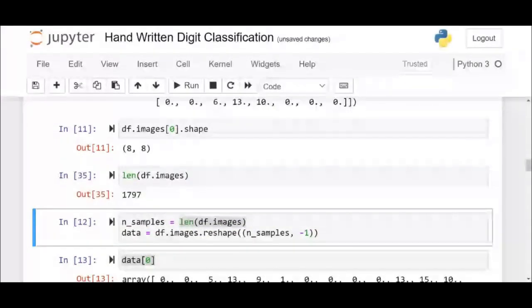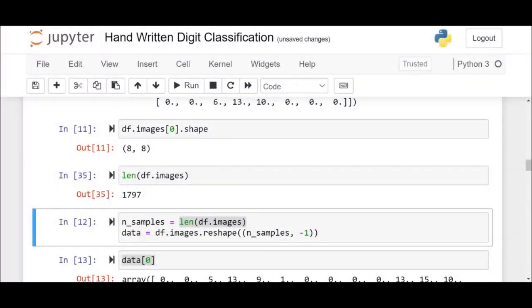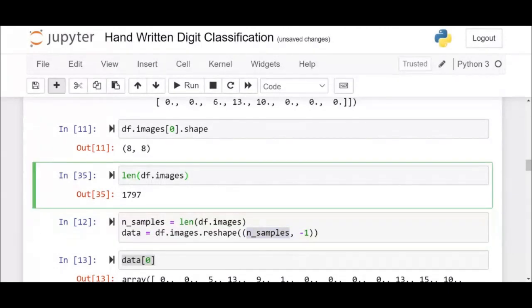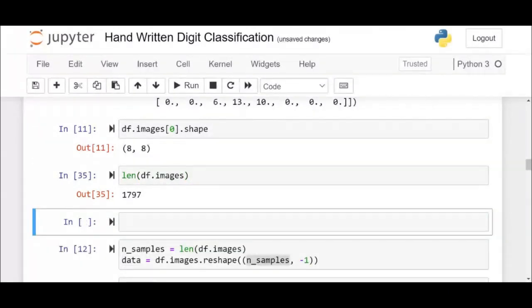There are 1797 rows. So instead of that, I can write a function that converts or reshapes my data. I can simply write it as